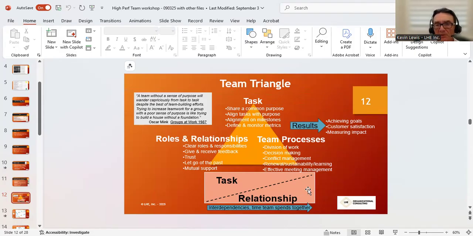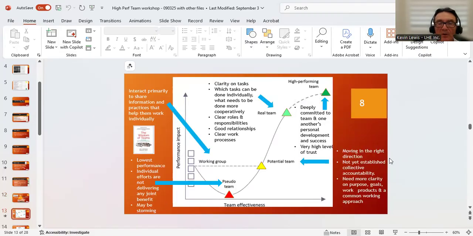This rectangle is kind of interesting too. So if there's a team of 5 people who have to meet one time to identify what restaurant we're going to go to for a celebration or something, they only have to meet one time. They don't have to like each other. That's just a task right here. But basically, the longer the team spends time together and the more interdependent the team, then the relationship piece becomes much more important. So that's just something you might want to bring up as well.